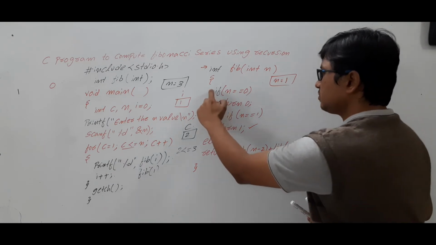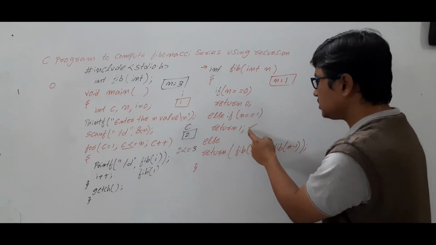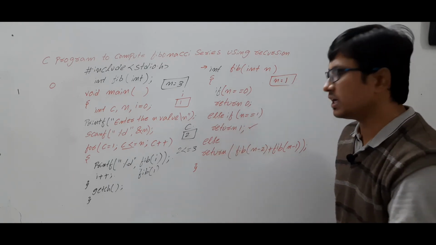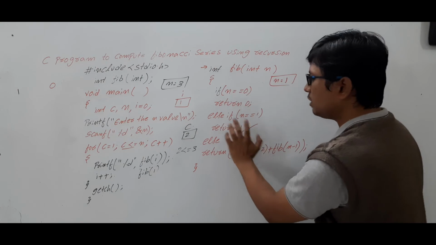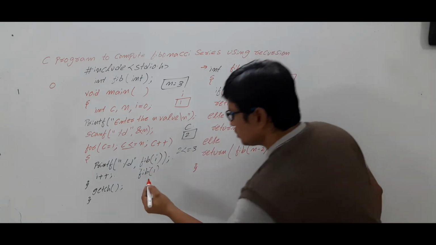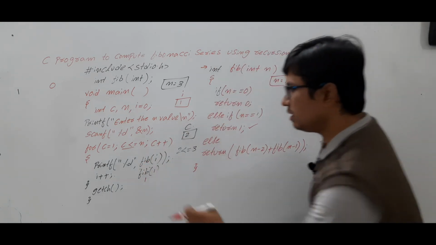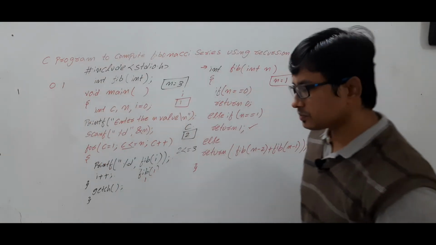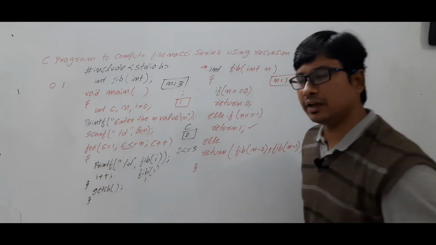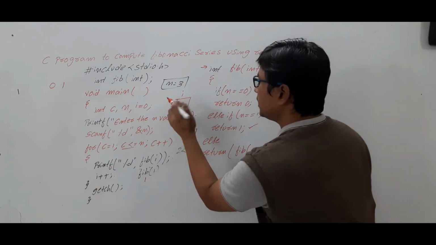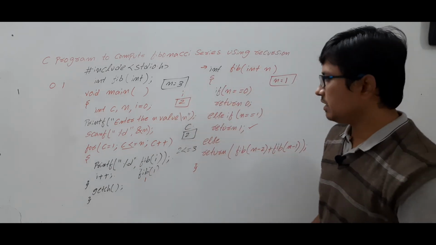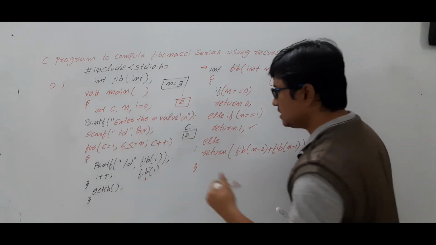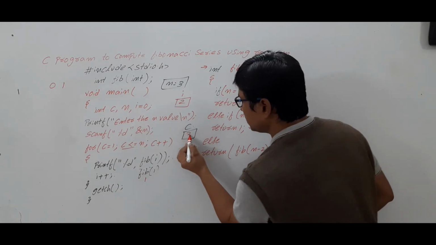Okay, this condition is failed. Then it checks this condition. This condition is true, so it will execute this statement, return 1. So you are returning the value 1 to the function call, and you get an output of 1 that you are displaying. Then you need to increment the I value. I value will be updated to 2. Is it clear? Then you need to increment the C value. C value will be updated to 3.